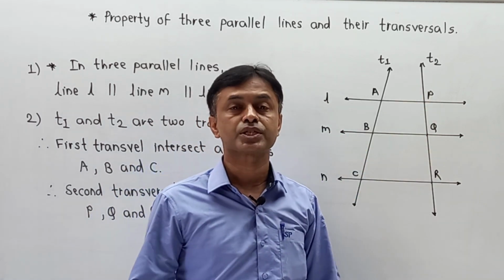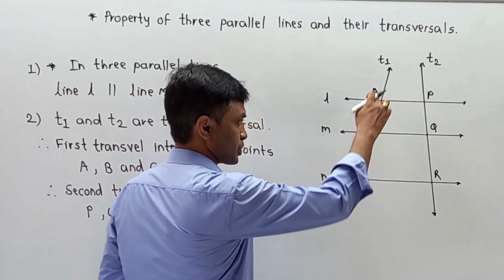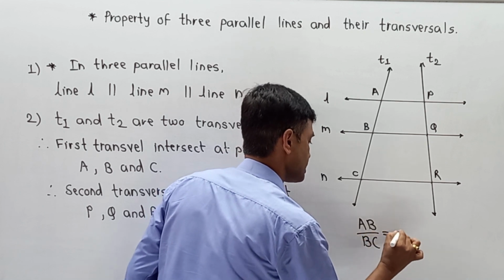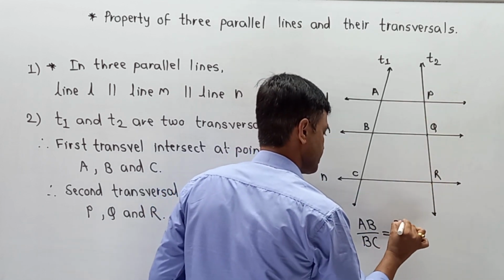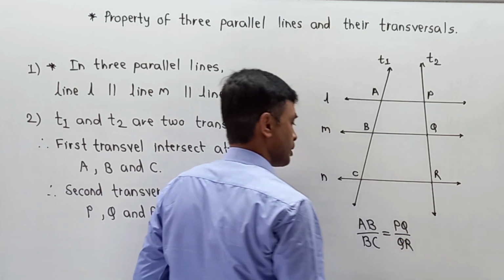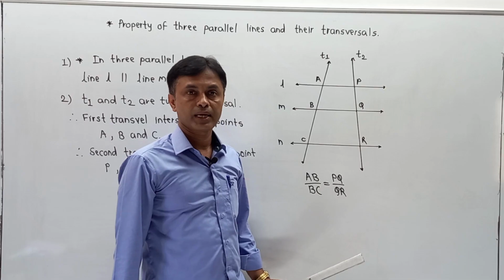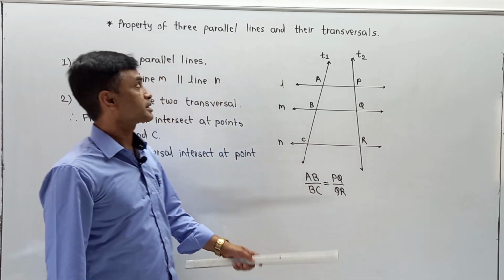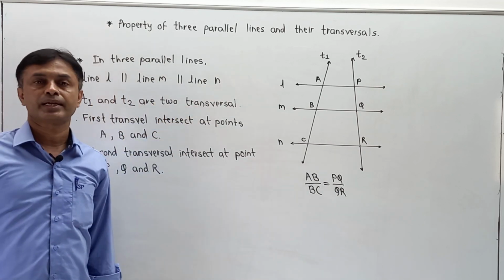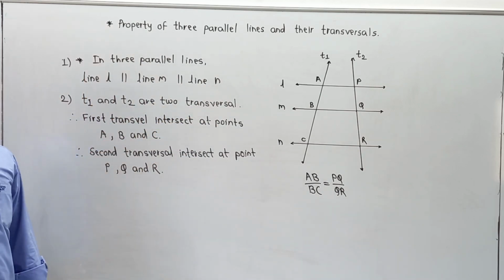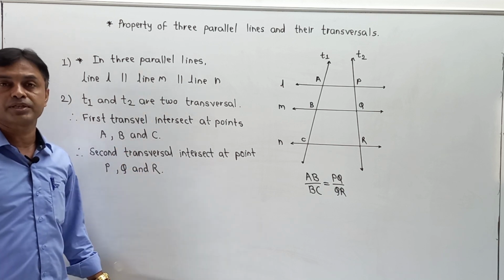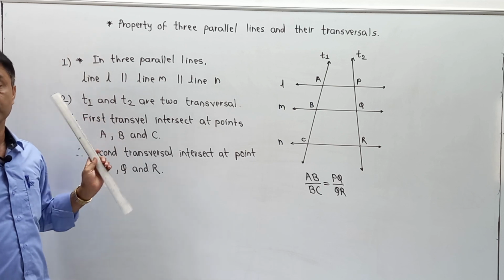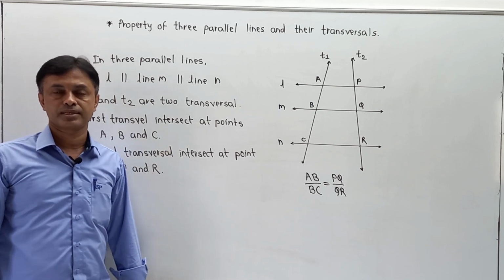We are getting one conclusion, जिसका proof हम आगे देखने वाले हैं. That is, AB upon BC is equal to PQ upon QR. ये प्रूफ अब हमें देखना है. But remember, this is true only when the first line is parallel to the second line, parallel to the third line. And this concept is called the property of three parallel lines and their transversal, जिसका हम theorem यहाँ start करने वाले हैं. So first try to understand this basic logic, because we are going to convert all this into a theorem: statement given, to prove, and proof. So please try to understand this concept.